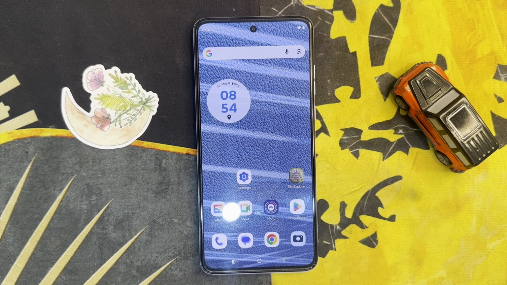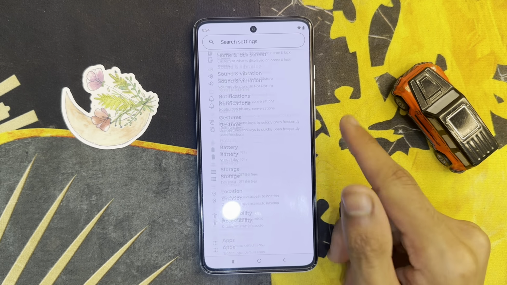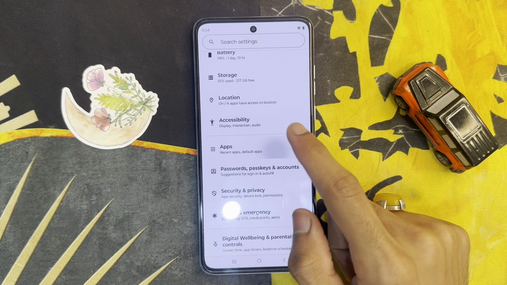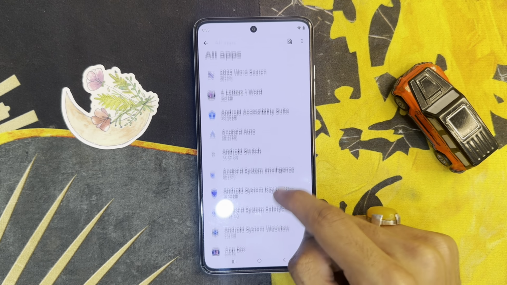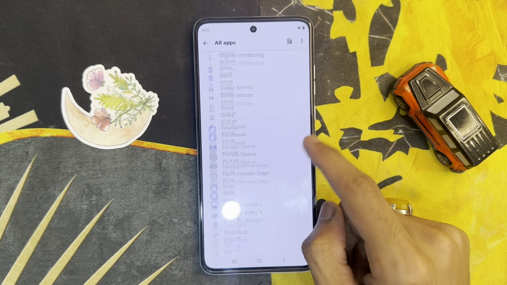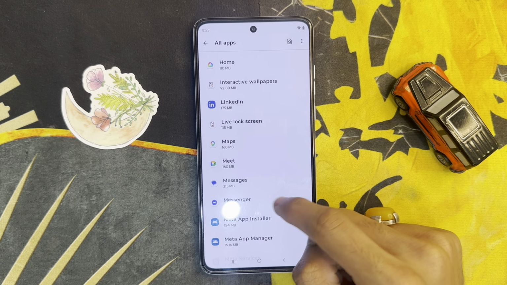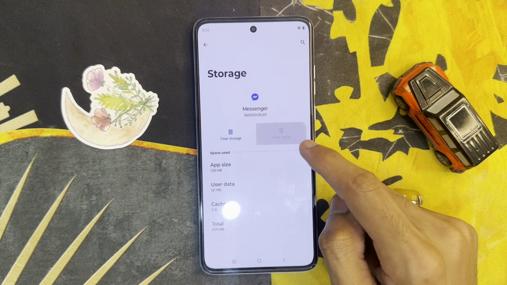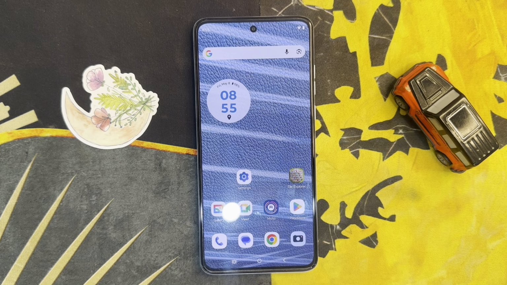But if it is still not solved, click on the settings app, scroll down and click on apps and click on see all apps. Scroll down and click on Messenger. From here, click on Messenger and click on storage and cache. If you want to fix this problem, clear the cache of the Messenger app. After clearing the Messenger cache, go back to the home screen. You will see your